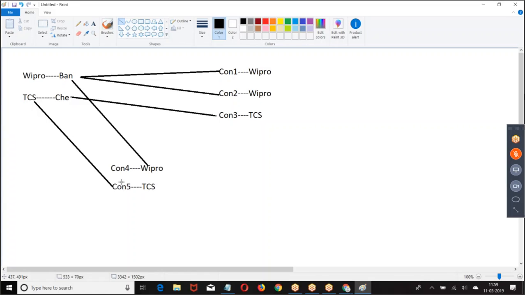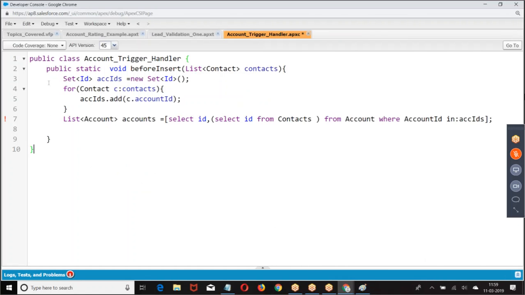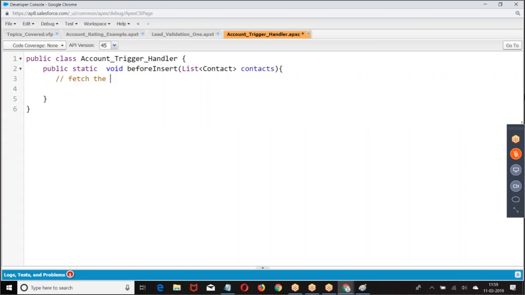Okay. First, what should I do? When I am inserting a contact, I have to find out the corresponding account. This contact is created for which account? First, fetch the accounts for which new contacts are created. How do you fetch the accounts? For